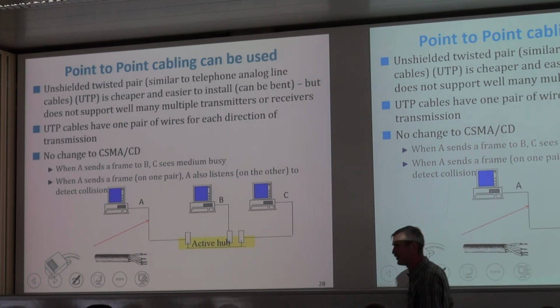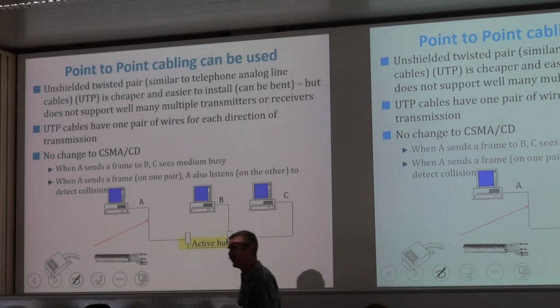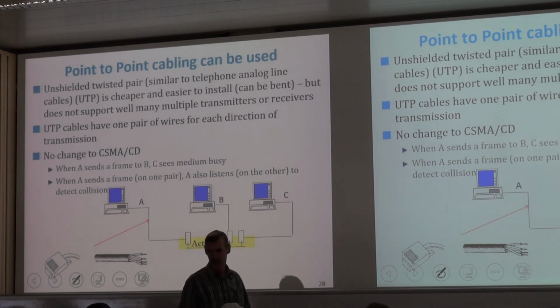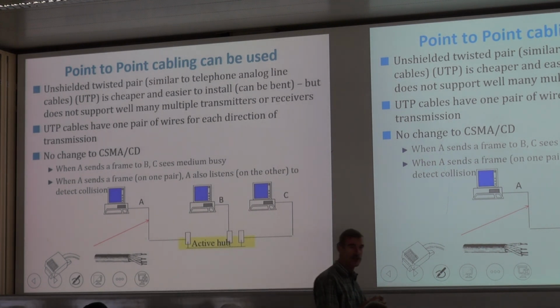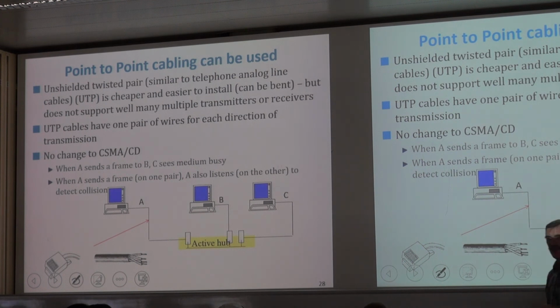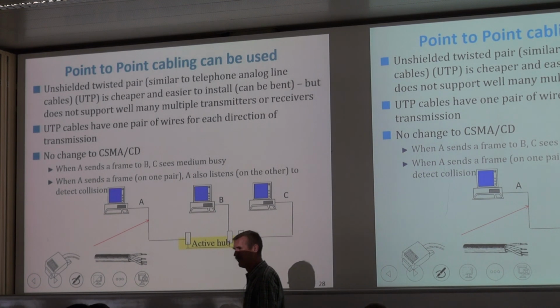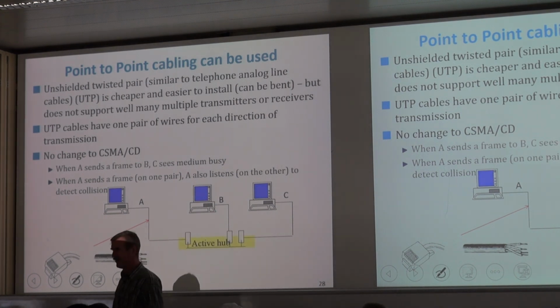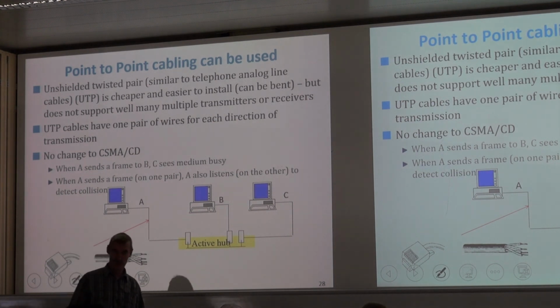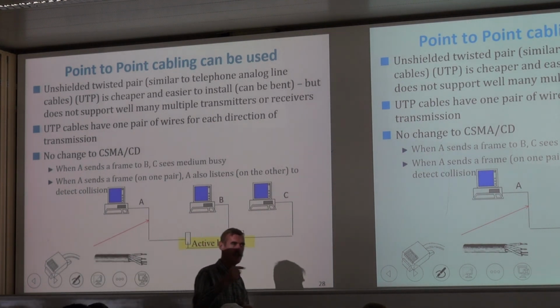The coax cables are more expensive. You have to be careful if you bend them. So those cables are called UTP, unshielded twisted pair. Unshielded means there is no coax, no screen around it. And twisted pair means they are twisted. Why do we twist cables? Yes? To reduce interference? To reduce interference and to reduce the